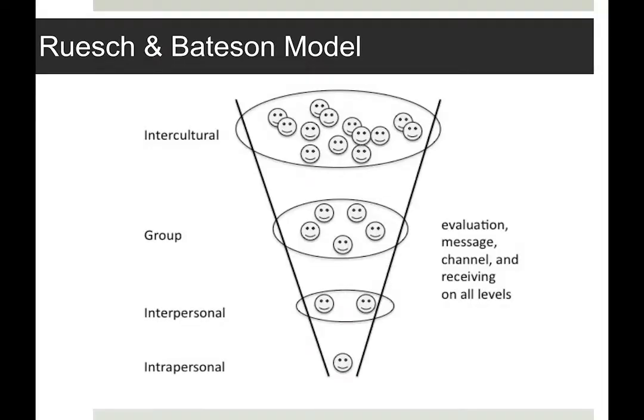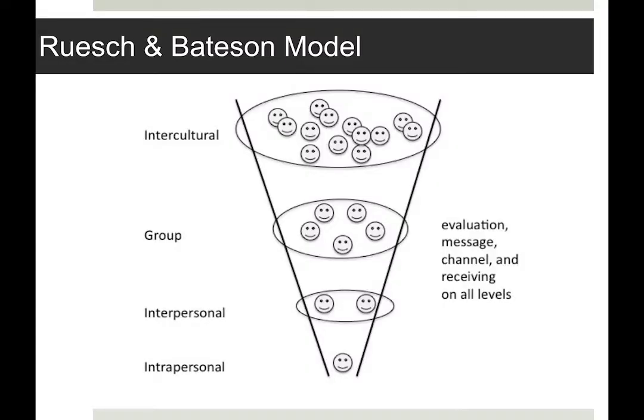Ruesch and Bateson decided to go a little more complex, looking at not only who's communicating, but what we can do with that. So you see at the very bottom we have intrapersonal communication. That's that internal dialogue you have with yourself. Now, a lot of communication scholars have not studied this. However, psychology has studied this, and it does go into this internal dialogue we have. But moving up, we see interpersonal, one of the areas that we do have a lot of research on. Interpersonal communication, two people, a dyad, so we call it dyadic communication. Group communication is 3 or more people. Usually a small group is considered something like 20 or less, 15 or less, according to some definitions.